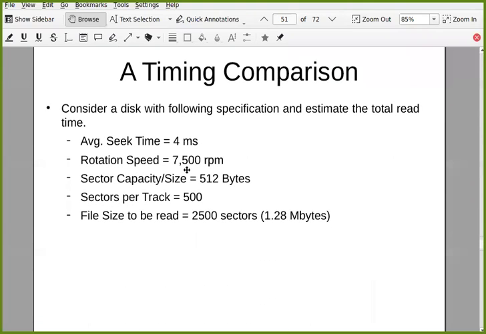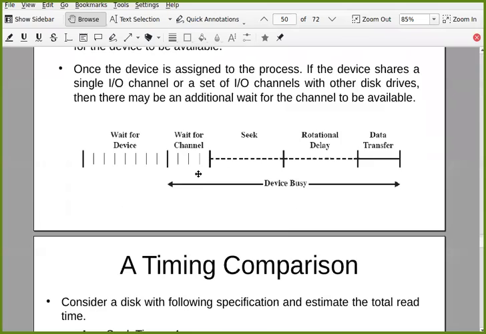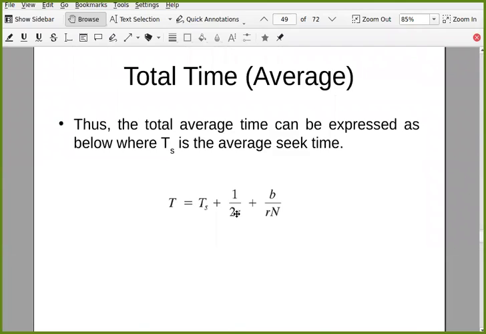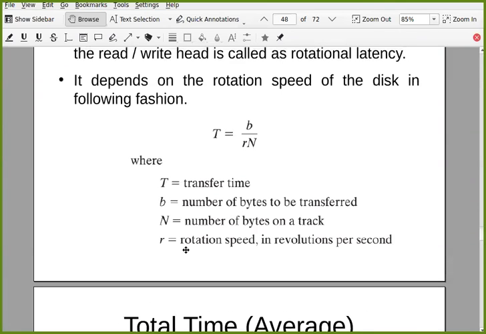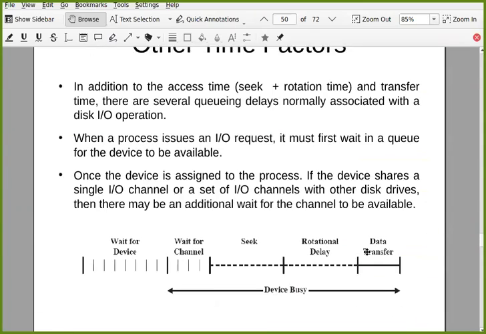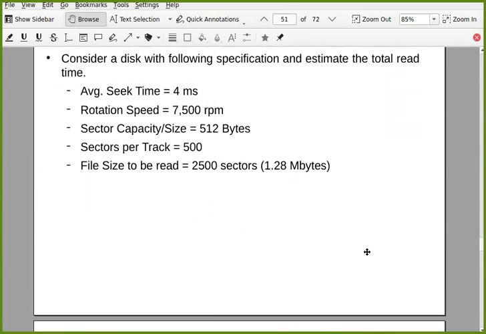Rotation speed is 7500 RPM. Now what is R? R is the rotation speed per second, but what you are given is per minute. So you need to convert this value into per second.